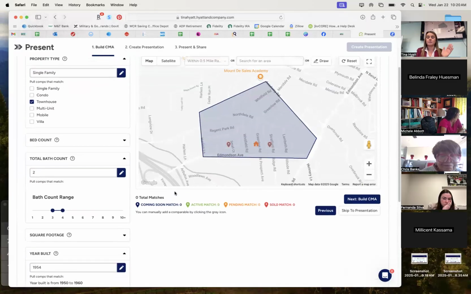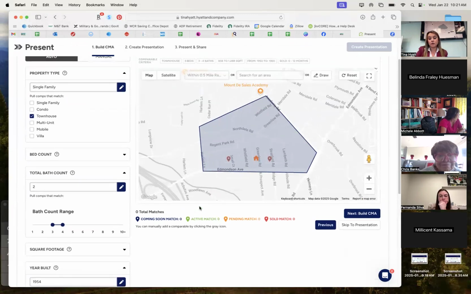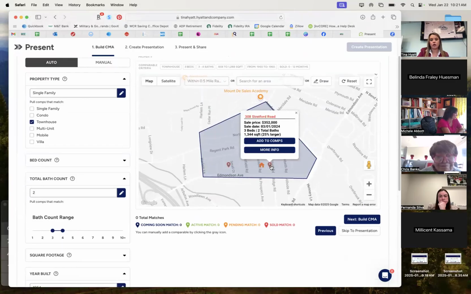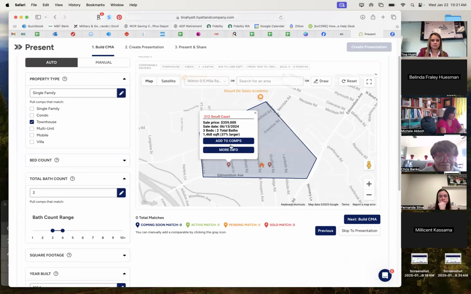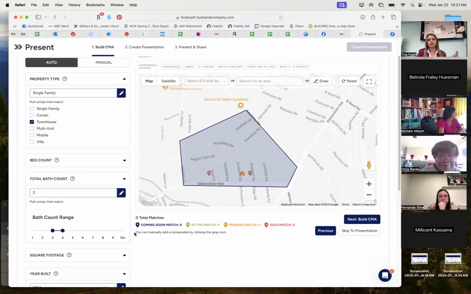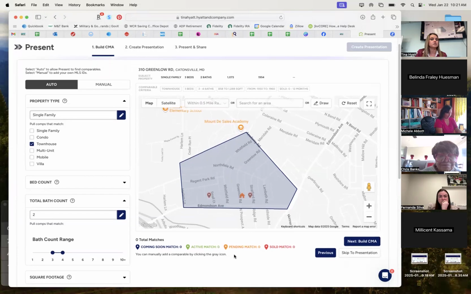Houses aren't selling very much in this neighborhood. So I'm going to go back a little bit further, right? So now here we are. So now I have 2 sold comps. So here's one sold comp on Stratford, and here's this on Small Court, which is not actually part of Academy Heights. So it's up to you guys how you want to handle your comps, right? If you want to go further out or if you want to go bigger time period, to use a radius, whatever you might want to do. I'm going to stick with this for now for the purposes of showing you guys how to do your presentation.